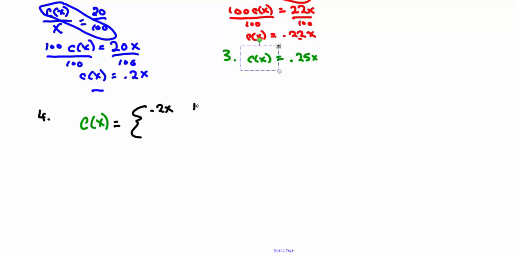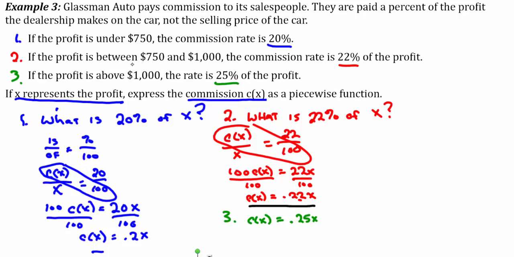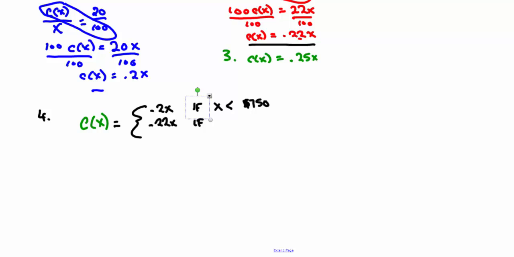So we're going to say if the profit, which is represented by the variable x, is less than $750. Then we need our second equation, which is C of X equals 0.22x. So we're going to write 0.22x if, and again we're going to have a criteria,